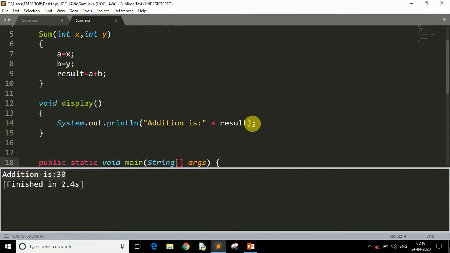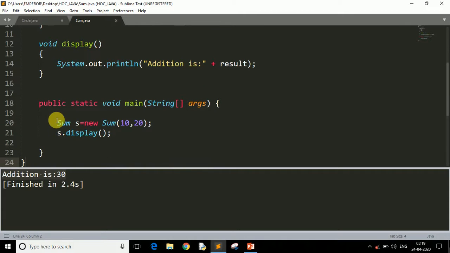First of all, the main method runs. In the main method, first we called the constructor. Here we created the object, right? When we initialize the object, it calls the constructor. Here we have a parameterized constructor, so we have to specify the arguments. We specified 10 for a and 20 for the b variable.